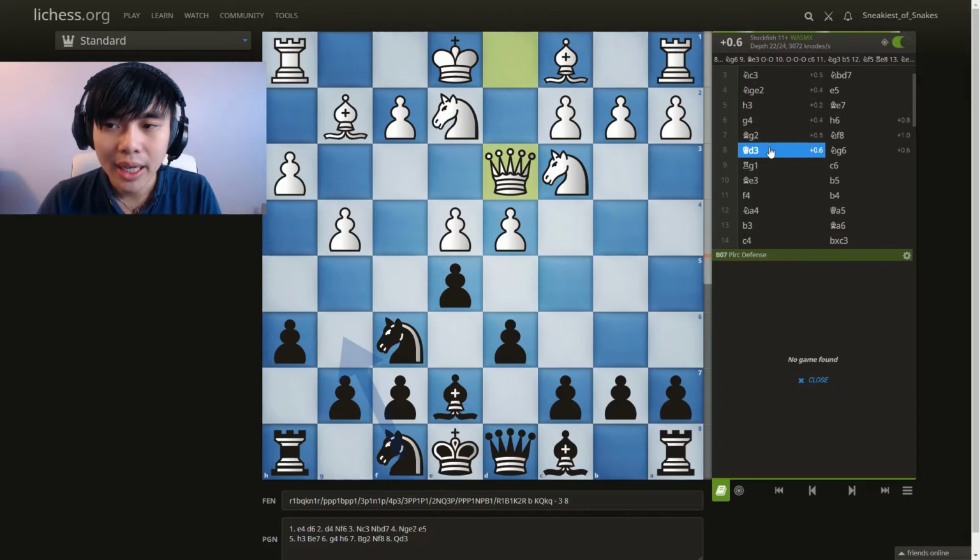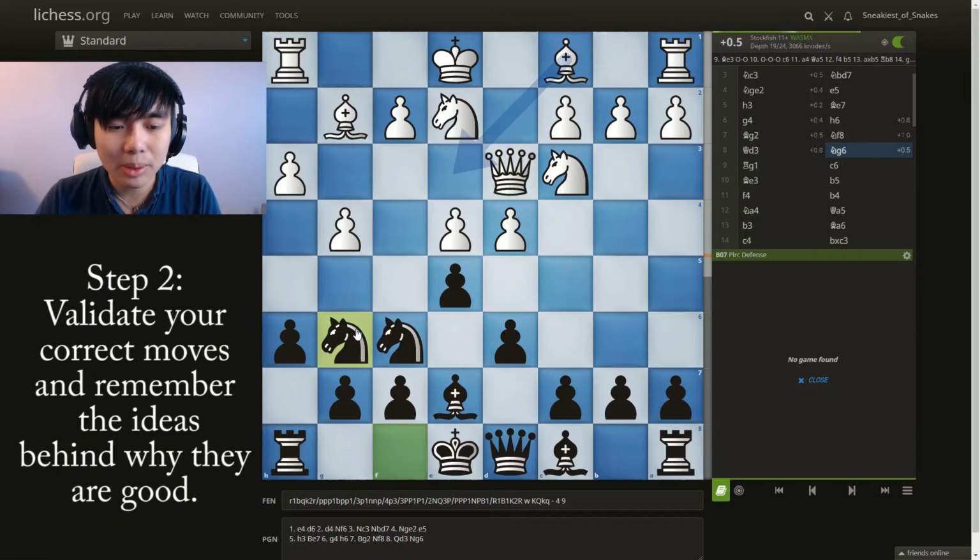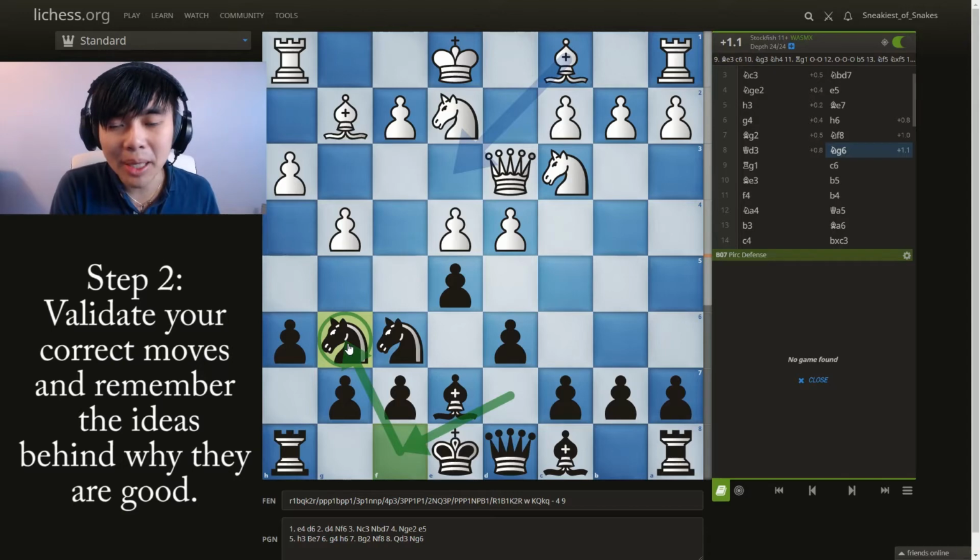So queen d3 was played, and in this position, already I can see whether or not the move I played is correct. The engine recommends knight g6, which was the move I played, which is pretty lucky. This solidifies my idea of playing knight g6, maybe knight h4, maybe knight f4, and basically solidifies this maneuver as being very good. So what I would do is jot down in a notebook, for example, that this knight f8, knight g6 idea has been played by masters before. In fact, the computer quite likes it as well. So moves like these are very good.